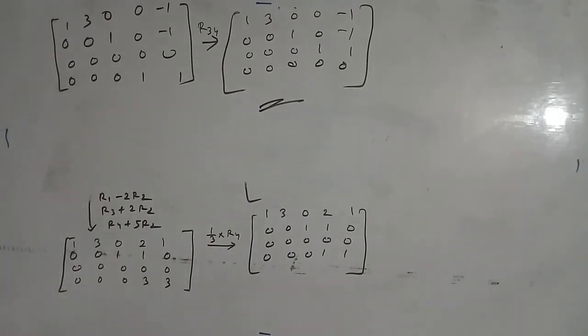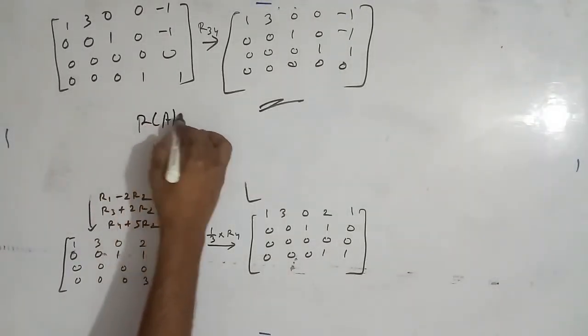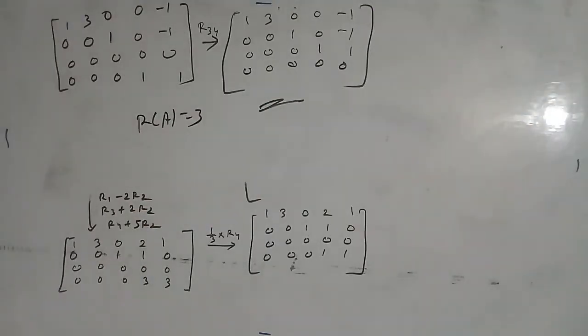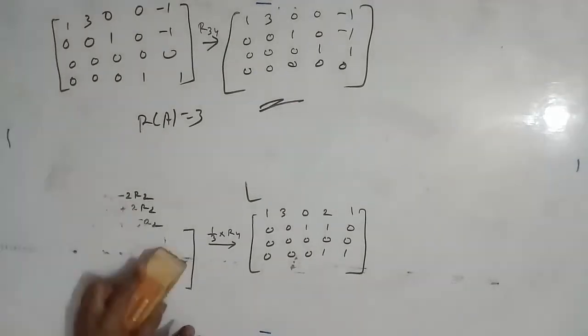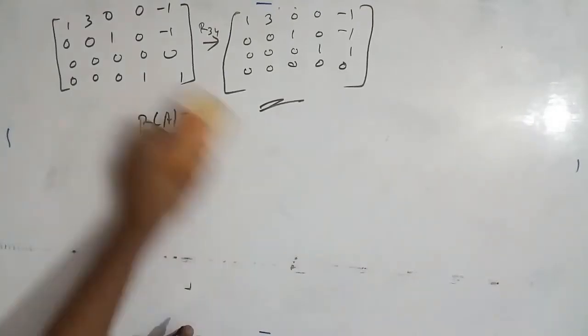Now if we want to find the rank of the given matrix, then we can tell the rank from this row reduced echelon matrix. Rank will be 3 because there are 3 non-zero rows in the reduced matrix. Okay. So now I will give you another example of finding rank by reducing in these forms.